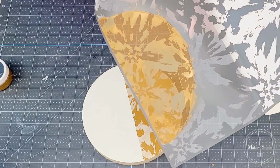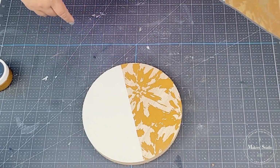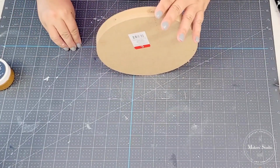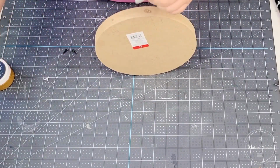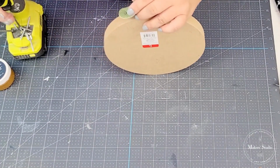I'm gonna go rinse this off with some lukewarm water, and then I'll be right back and we're gonna finish it off. All right, so it's looking fabulous. I am going to place the handle back on. That way it's on there. And because I decided to add one more thing